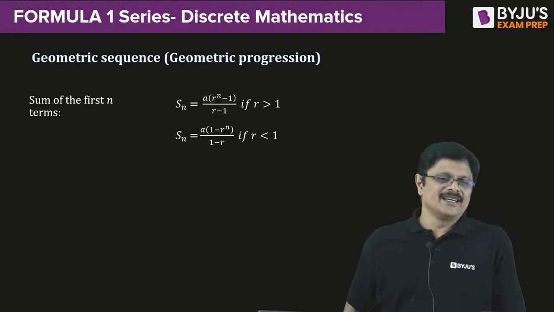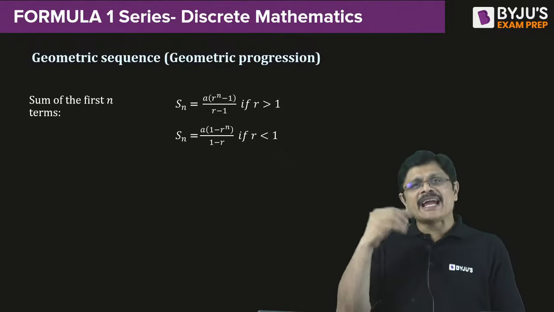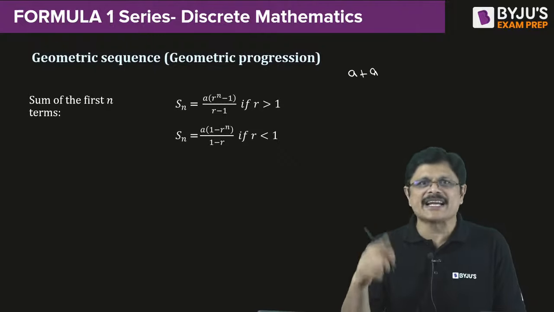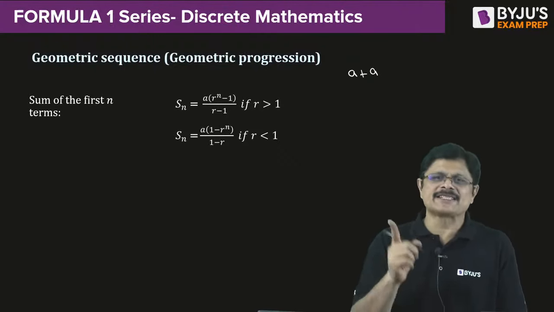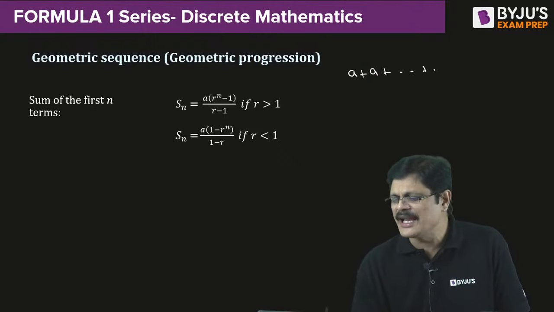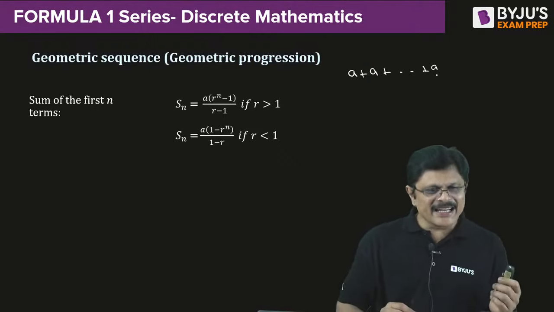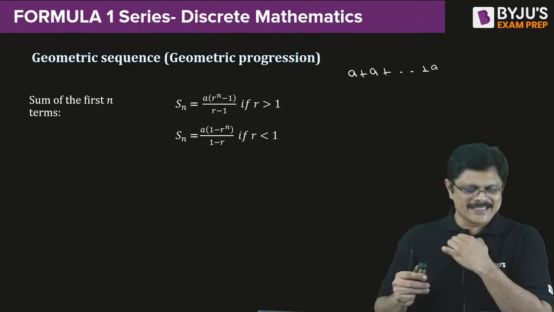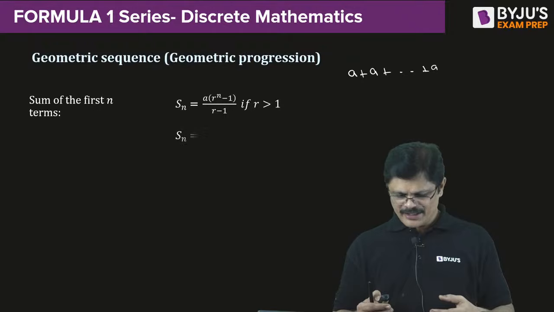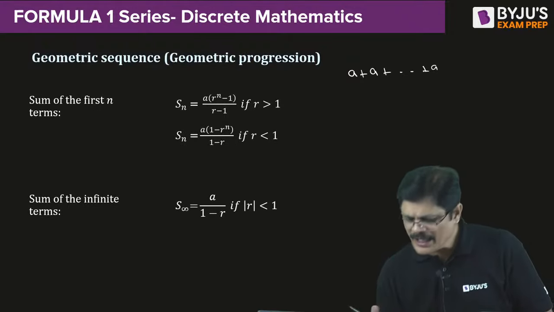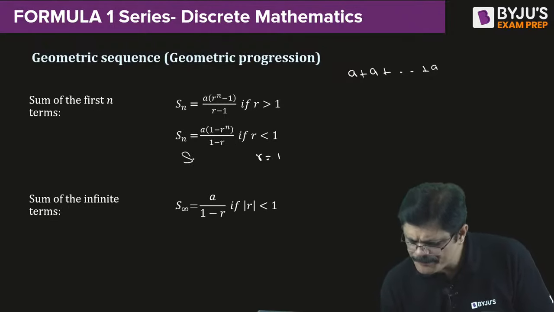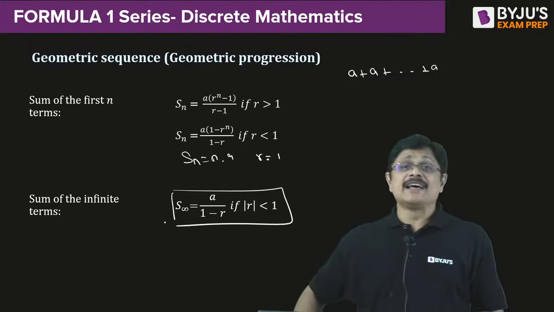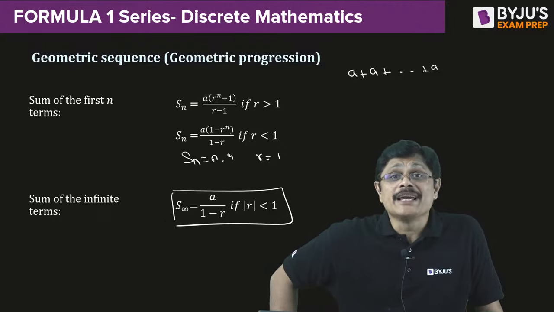Okay, right. So what happens? It is a. Every time what happens? a is added to itself. r is 1 means next time 1 is multiplied. a only. a plus a plus a plus a. How many times? n times. You are going to get n a. Very good, Nishu. I think Nishu remembers things. Of course, r is equal to 1, let us write it down for you: n into a. And one important result which we should know is when the common ratio is lying between minus